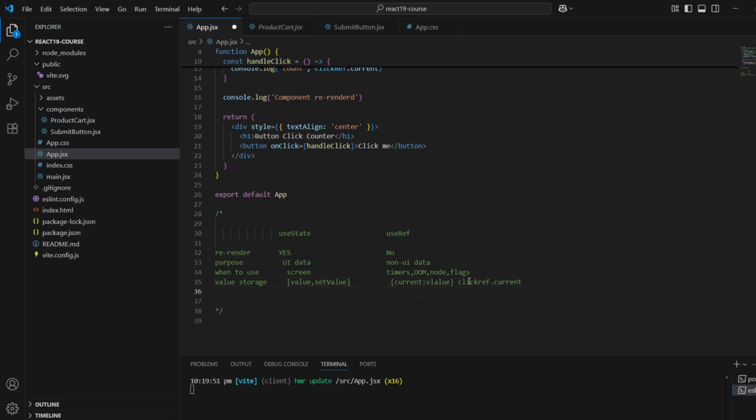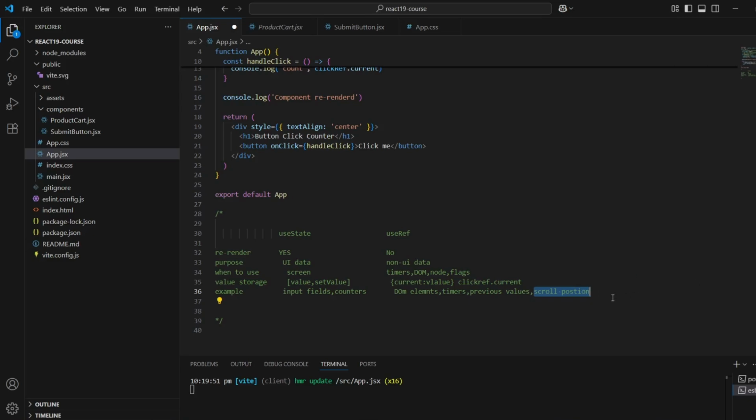Okay, so for uses, let me give you some examples. For useState, suppose an input field value, right? You can store counters, or whatever visible things. And in useRef, you can store DOM elements, timers, and previous values also. That is very helpful. Scroll position too, you are going to use that a lot in your projects. So that is the important thing you should always store in useRef.